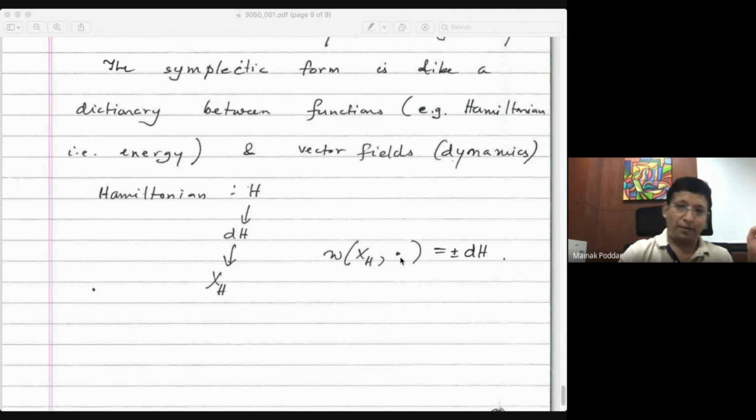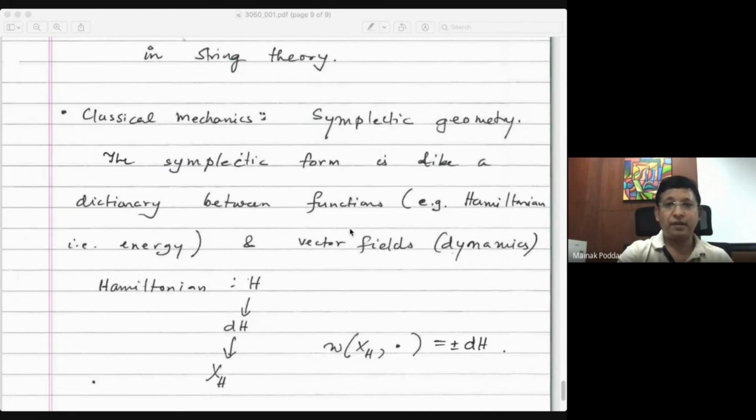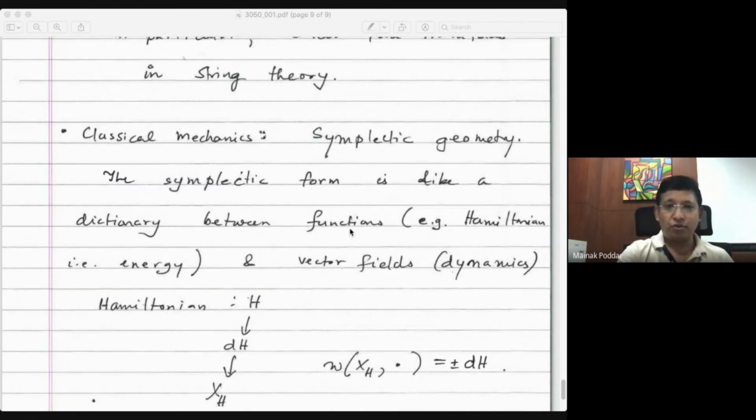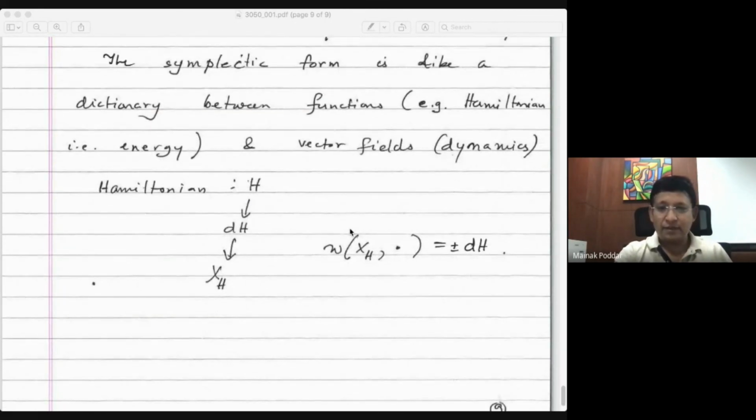So this is a one form because you can plug one vector field into it, and that should be exactly this dH. Okay, and anyway, basically that's also a huge field, symplectic geometry, and it has its own story, but we have no time for it today. So I'll thank you for listening, and I'll stop here and let me know if you have more questions.